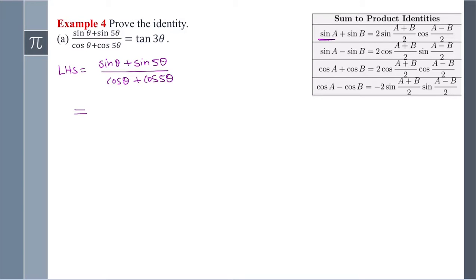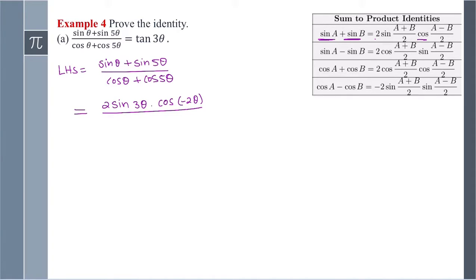So we have sine A plus sine B can be written as 2 sine A plus B over 2. So this becomes 2 sine A plus B means theta plus 5 theta over 2 means theta plus 5 theta is 6 over 2 is 3 theta times, then we have cosine A minus B over 2. So A minus B is theta minus 5 theta, which is negative 4 theta over 2 means negative 2 theta divided by,